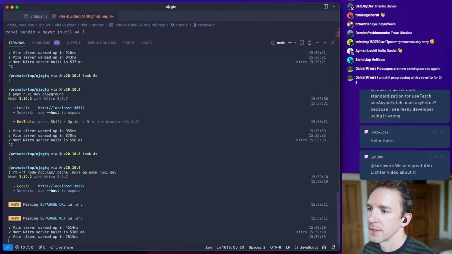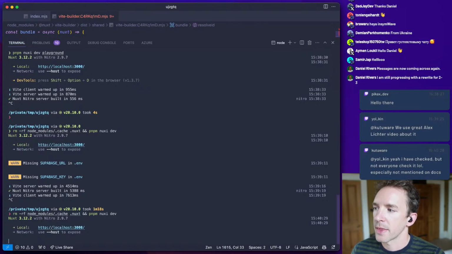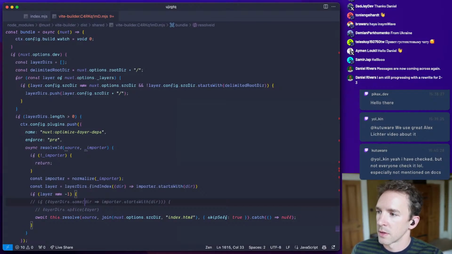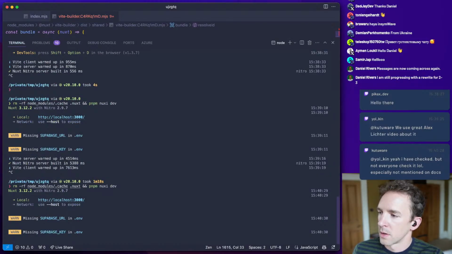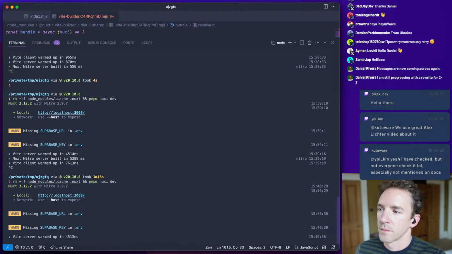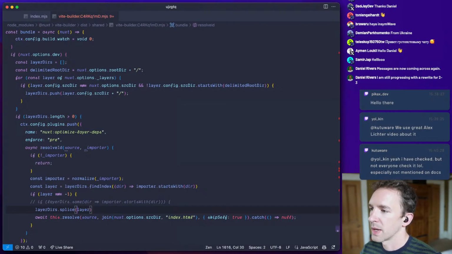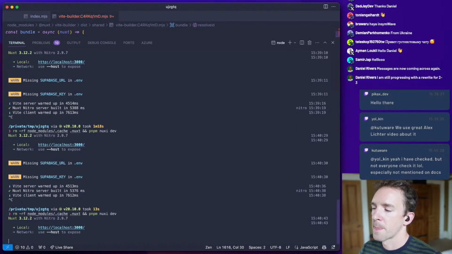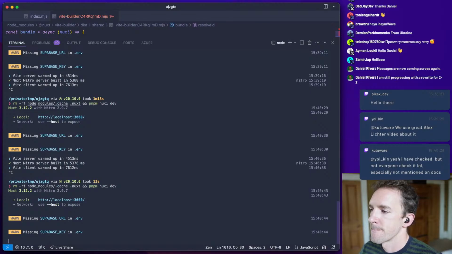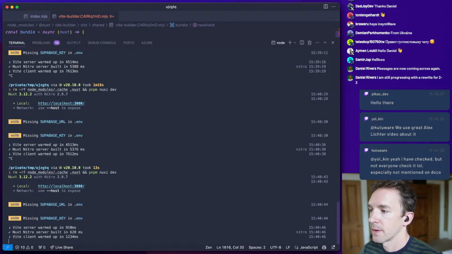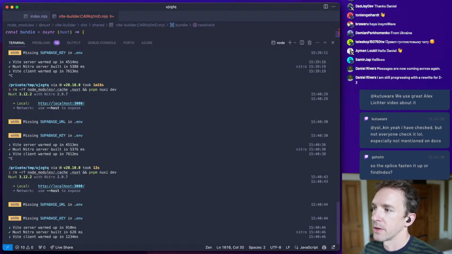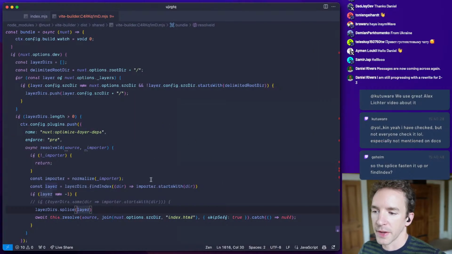Find index and sum. Does that really make that much difference? Yeah, no difference. Now if I splice the layer, it should, right? Okay, that is a very considerable difference, I've got to say. Very, very considerable. So that's an obvious fix, I think, to make.